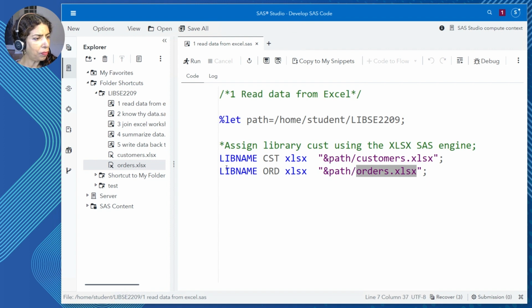I'll close it up and let's begin to do the work of starting to bring in Excel to do the analysis. To do that, I'm going to use the libname statement. The libname statement is the exact same statement you as a SAS programmer are familiar with. It needs three key pieces of information. It needs a library reference, it needs an engine, and it needs a location of your data to point to.